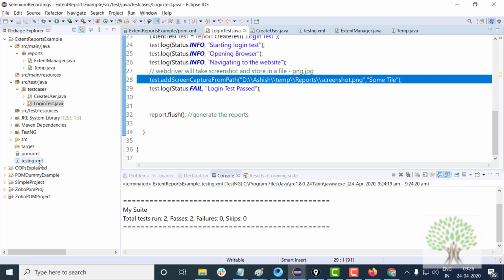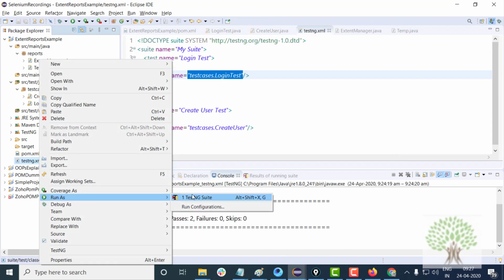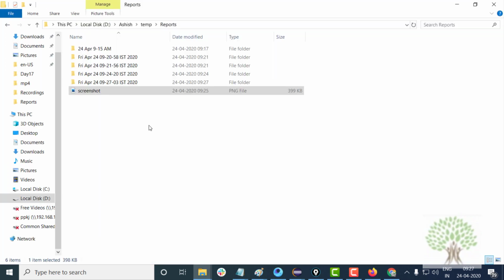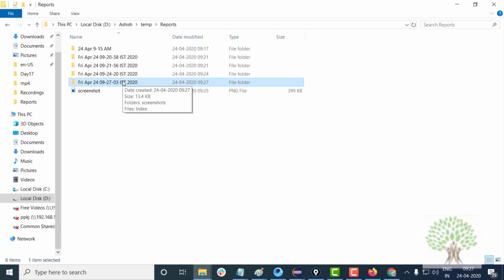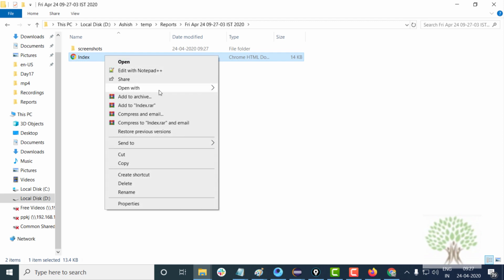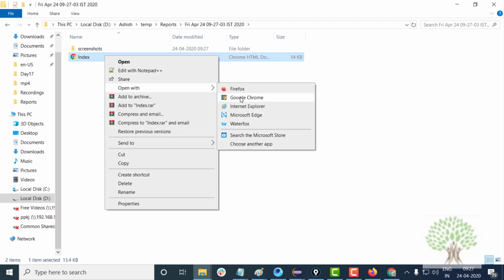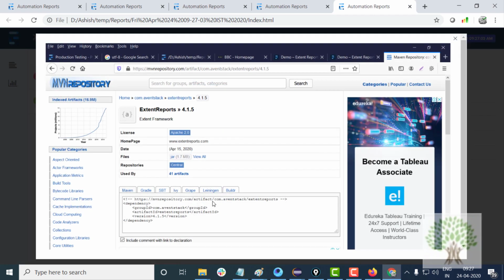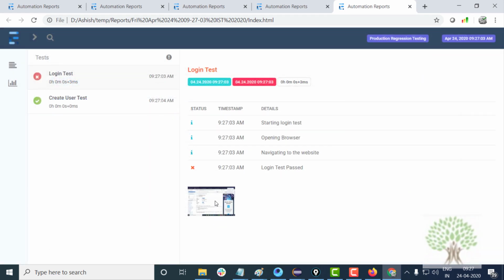So now when you run this as a testng suite, you will see that this is the new report folder, and under this index.html is there. If I open this in Chrome, this is the screenshot. Okay, right, and it is embedded inside the report.